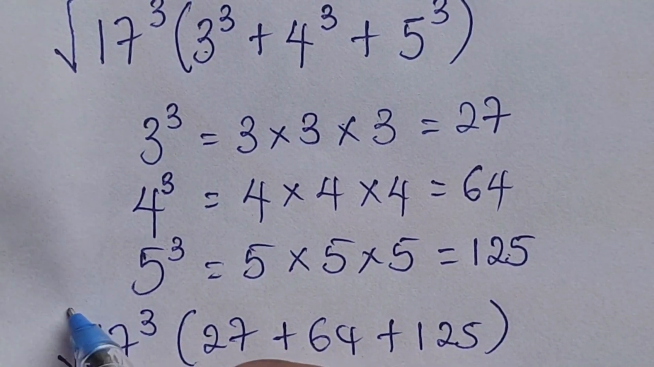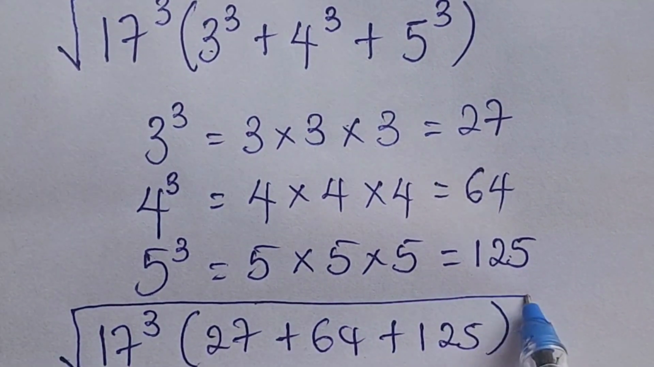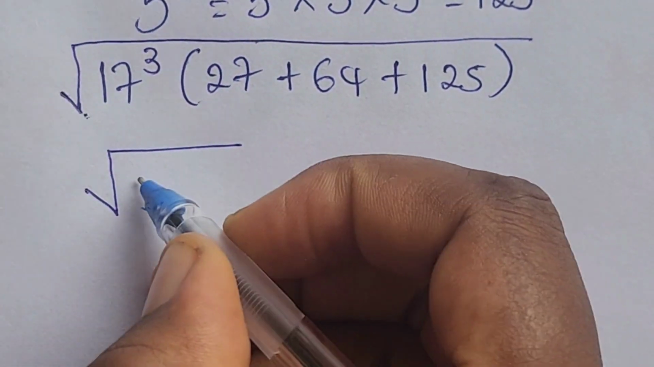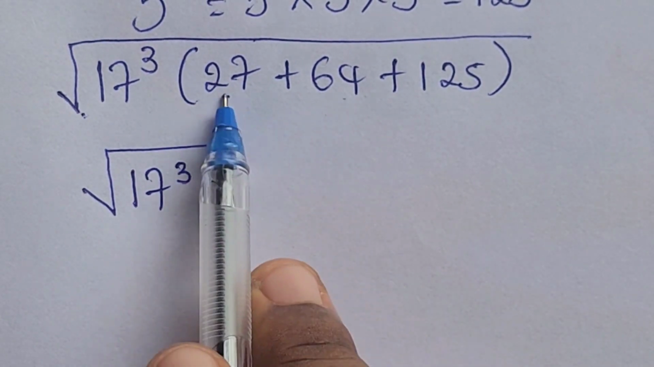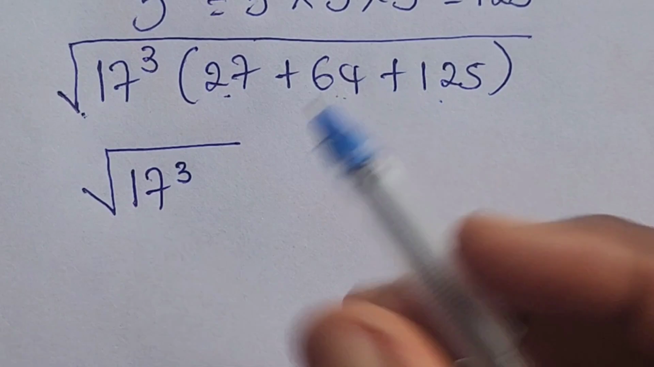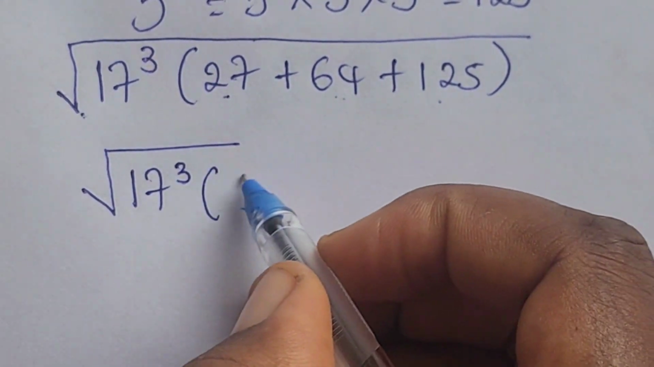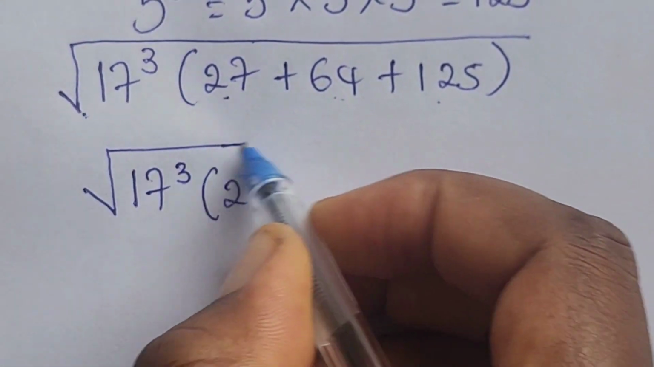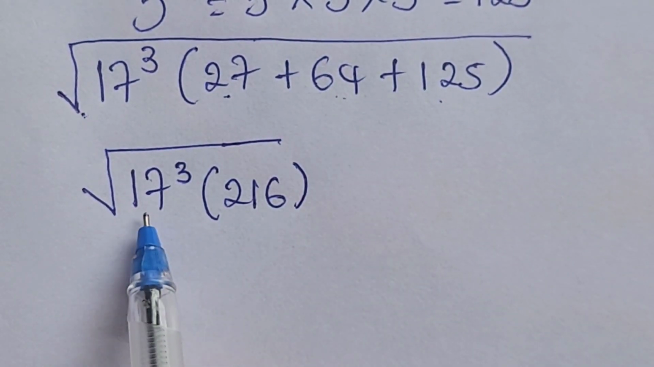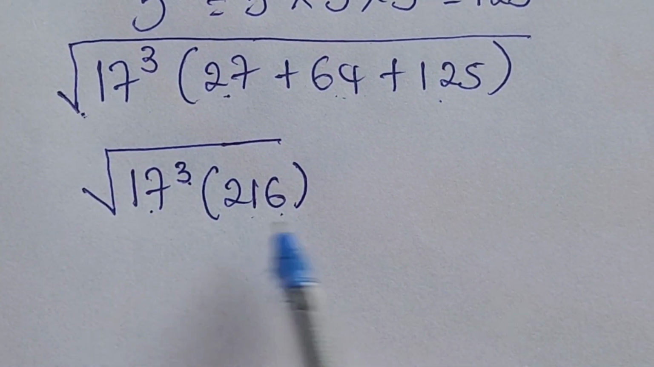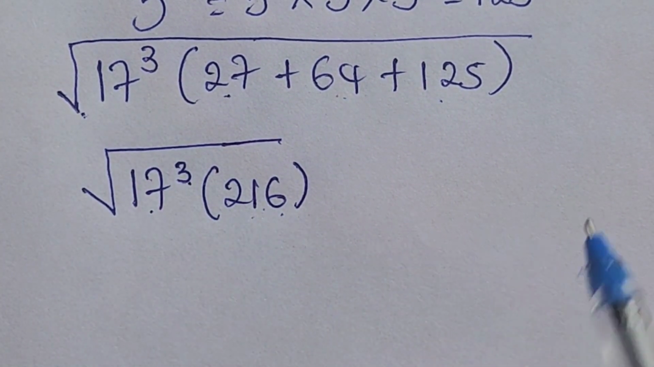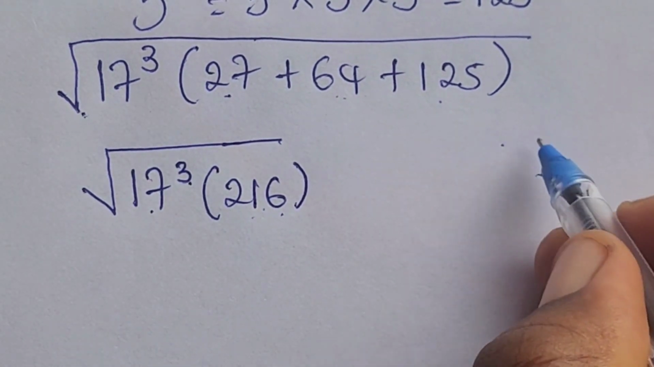So this is square root. The square root of 17 to the power of 3, and when we add this up, 27 plus 64 plus 125, we have 216. So we have the square root of 17 to the power of 3 times 216. But when we rewrite 216 in index form,